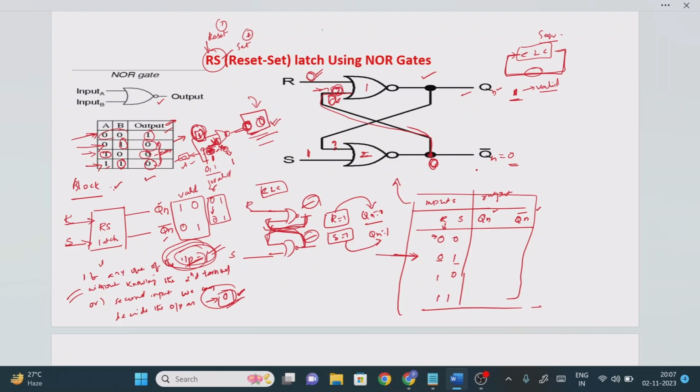Once it is done, for this only we are going to find the output, right? So now see, which one is activated? R is activated or S is activated. 1 means that particular thing is activated. So here 1 means S is activated. What is the meaning of S? S means set. When set equals 1, 1 means activated. When set equals 1, the output should always be 1. So see, what is the output value we got? Qn equals 1. What is the complement of Qn? 0, right? Simple thing is that when S equals 1, the output should be 1, and Qn bar should be 0, right?